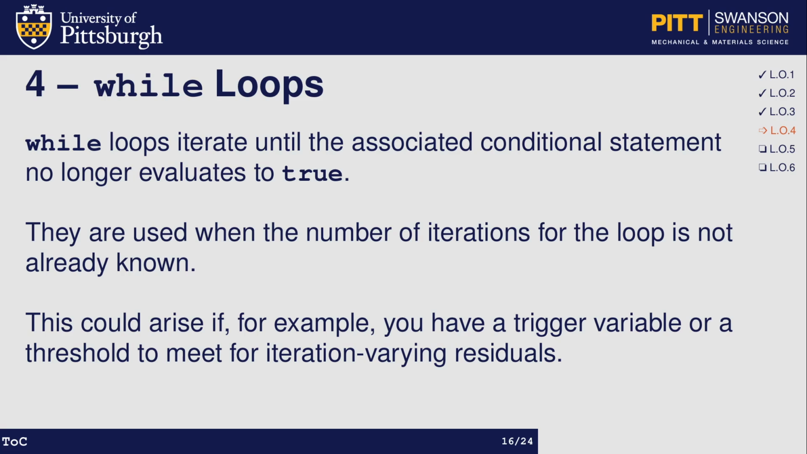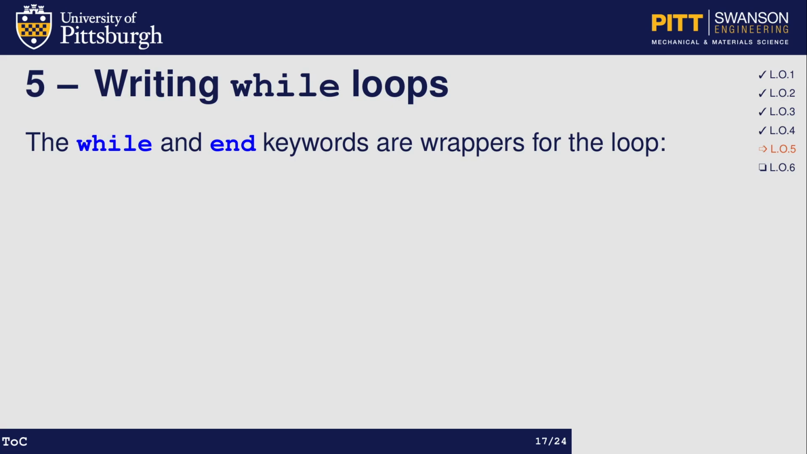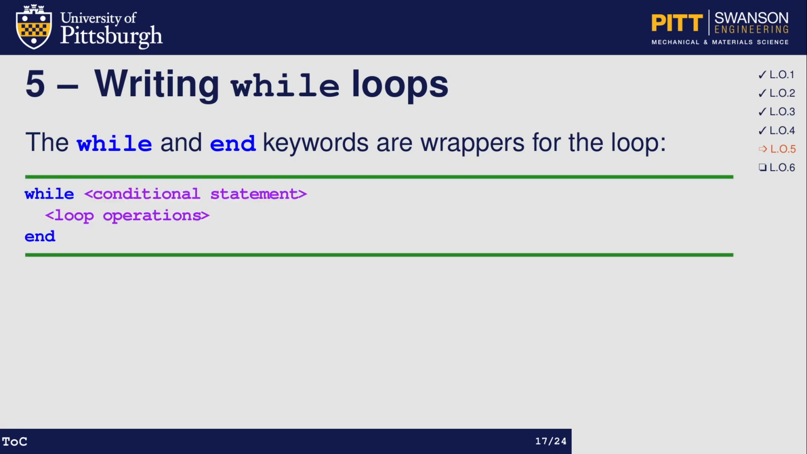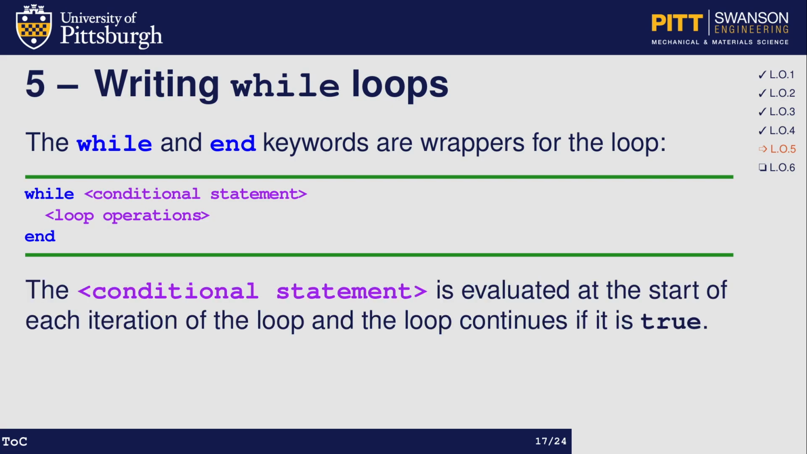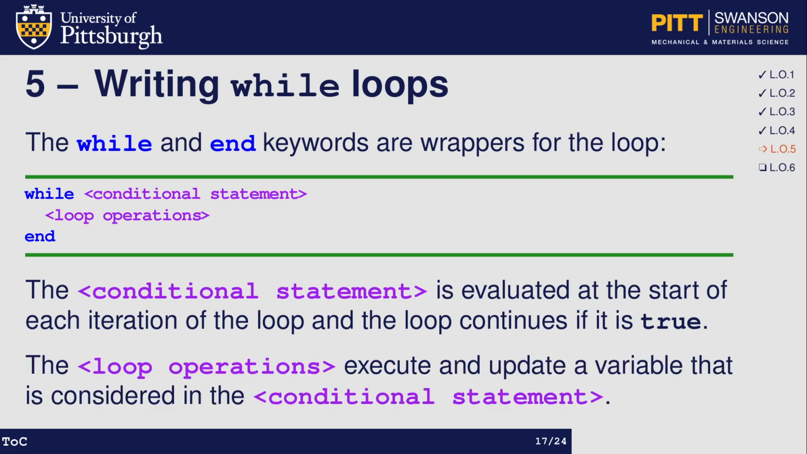This could arise if, for example, you have a trigger variable or some threshold to meet for iteration varying residuals. In a similar format to for loops, the while and the end keywords are used as wrappers for the loop. The while keyword is followed by a conditional statement, which is evaluated at the start of each iteration in the loop. The loop only continues if that statement evaluates to true. Inside of the loop are operations which execute and update a variable that gets reconsidered in the conditional statement on